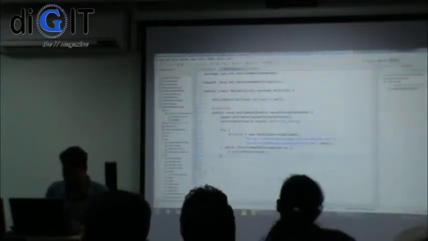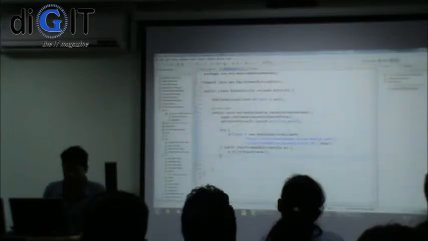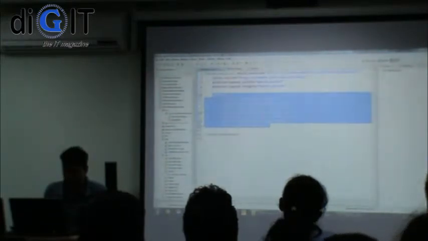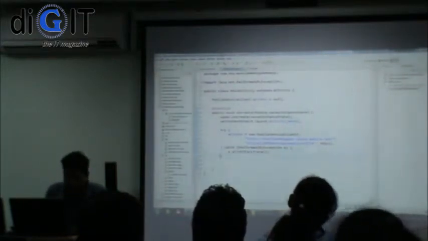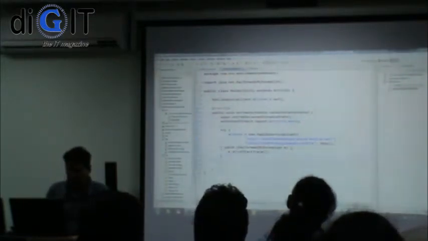So what I'm going to do is, I'm just going to do this real quickly. This is plumbing code, nothing to do with the actual thing. So I'm just going to write a button here. Take care about the name. Just going to quickly hook the button up to my activity.